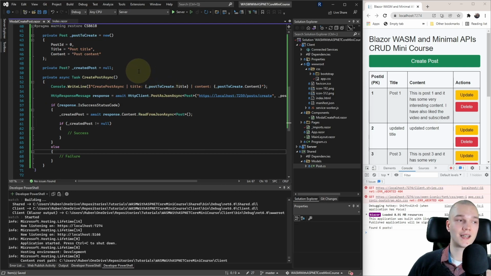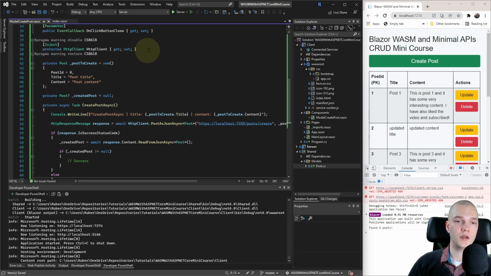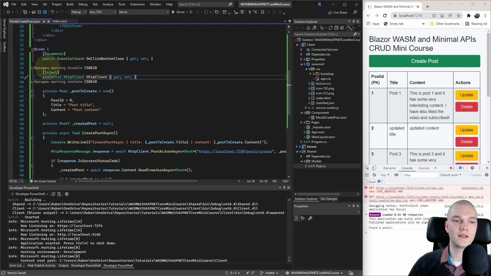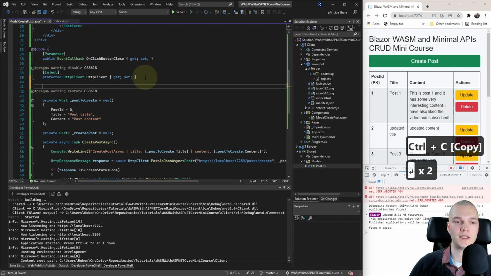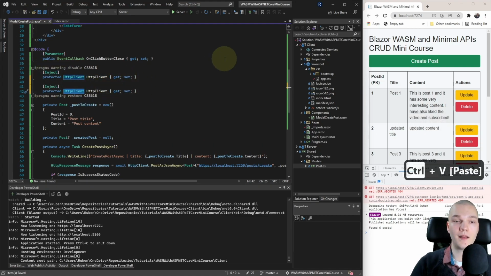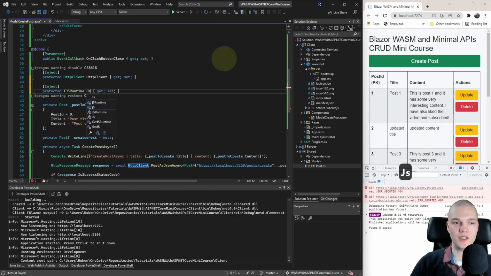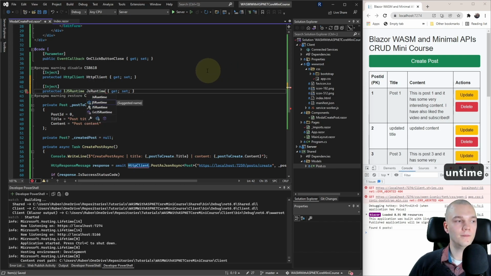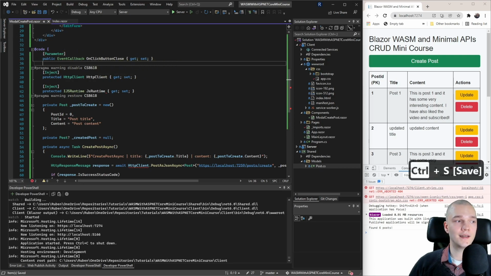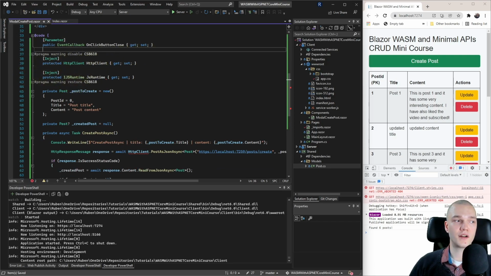So let's inject it. So below the HttpClient, I'll actually just copy and paste it. Change the type to IJSRuntime, and I'll change the name to JSRuntime. Okay, and that's all we need to call built-in JavaScript functions.